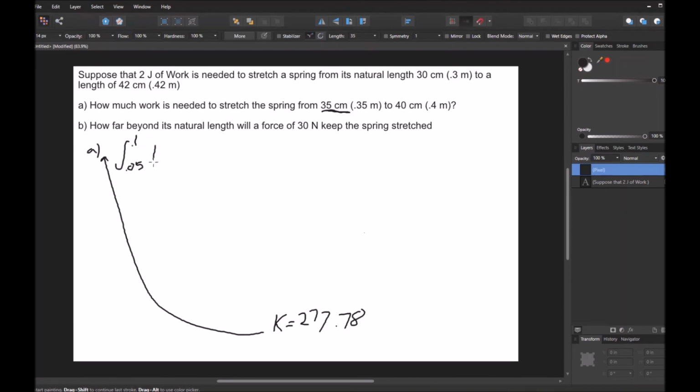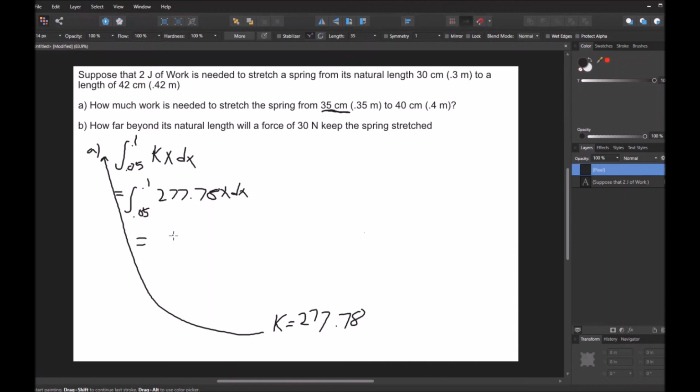And then again, I'm going to write the k times x dx. And we know what k is now. Because k is a constant, we know it will always be 277.78. So I'm going to write 277.78x dx. And now when I go to evaluate the integral,